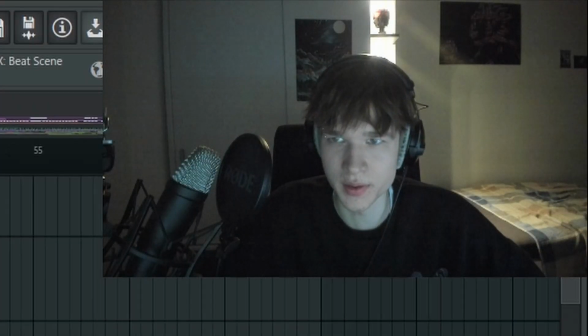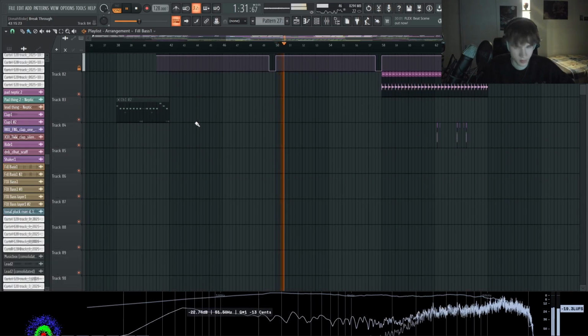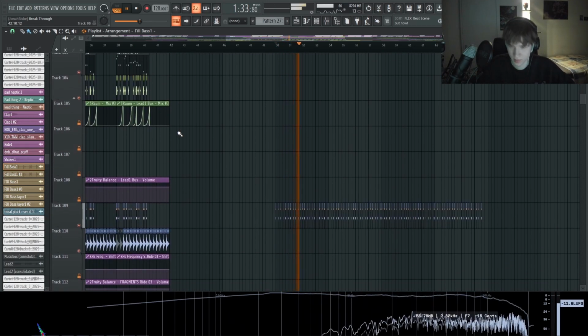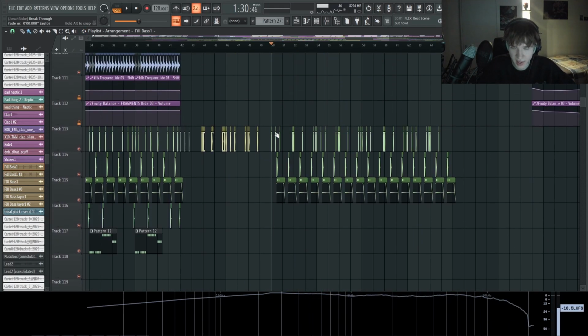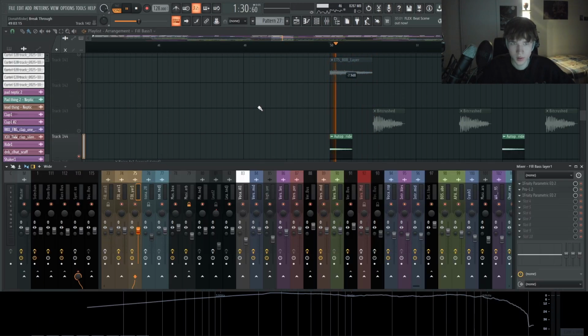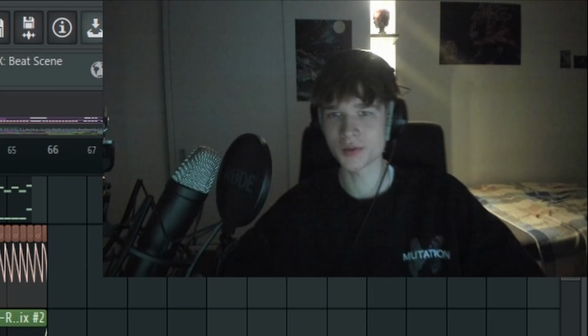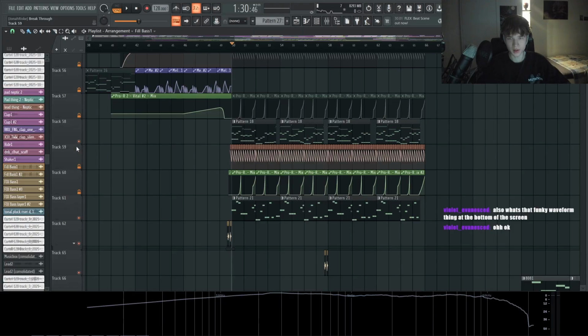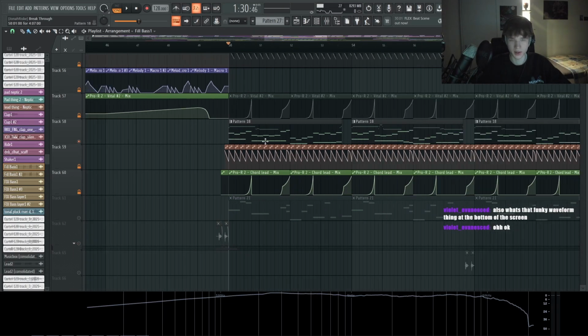Let's look at the drums. We have the same kick and snare as in the first drop. We have this crash again, the ride again, this noise layer. The drums are mostly copied from the first drop, but now we have this main synth playing here.